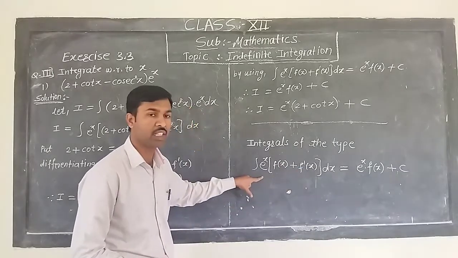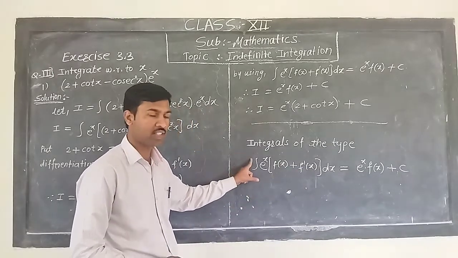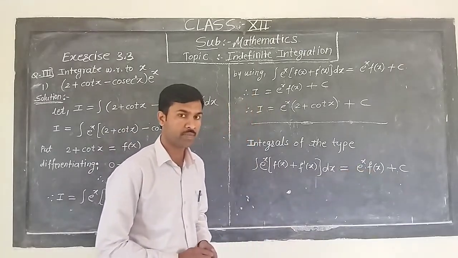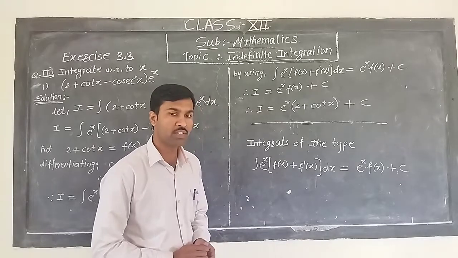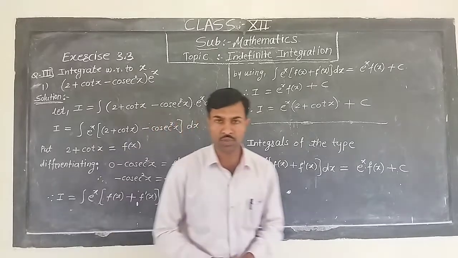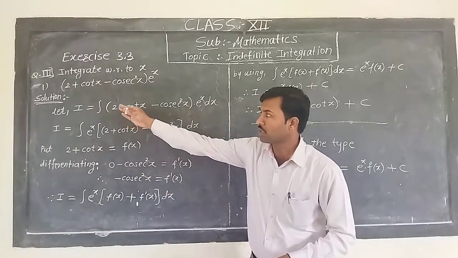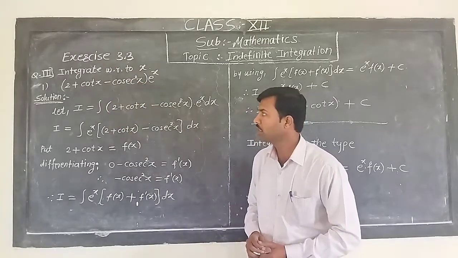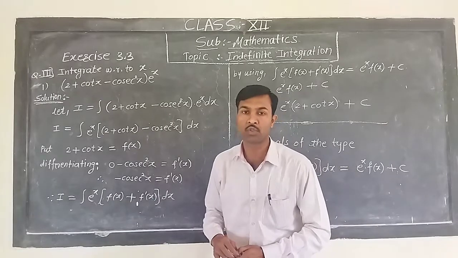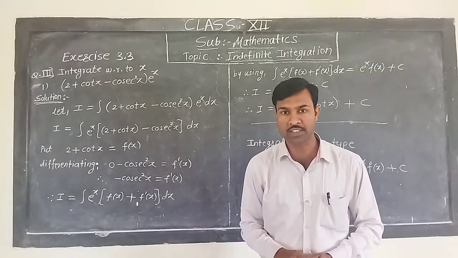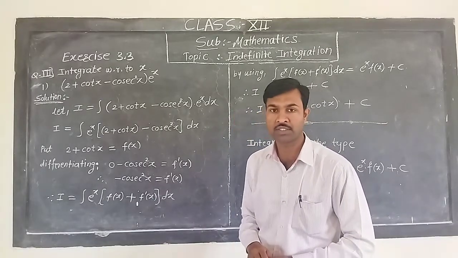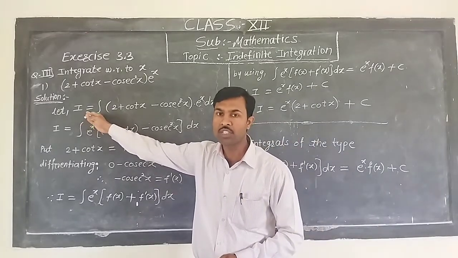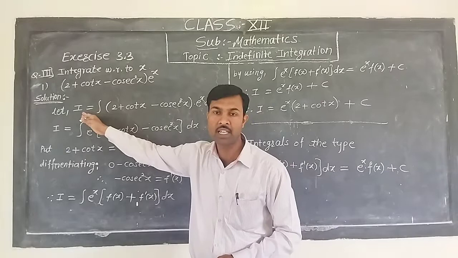For such a type of integration we have to write its answer as only e raised to x into f of x plus c. For the use of this integration type we are going to solve question first of question third from exercise 3.3. Here we have to integrate this function 2 plus cot x minus cosec square x into e raised to x dx. For that, in my first step I denote this given integration problem by letter I